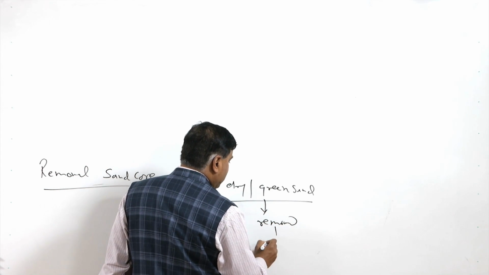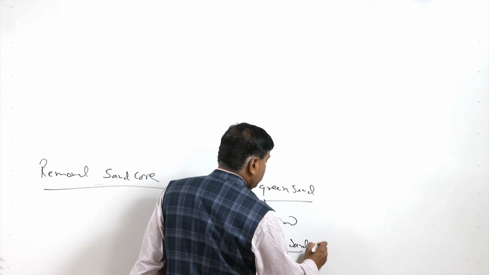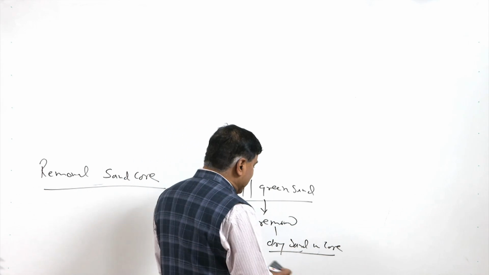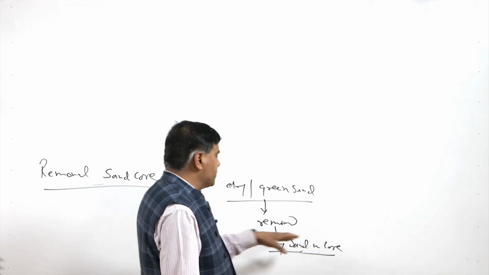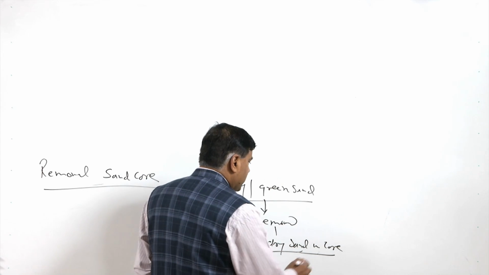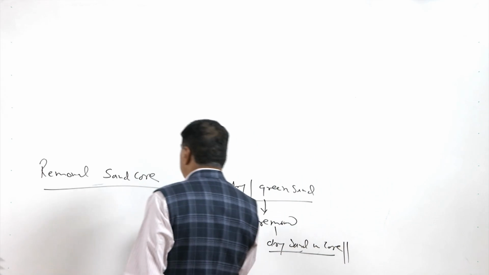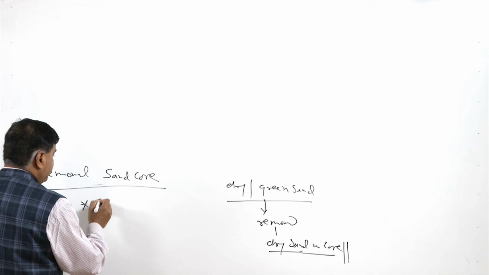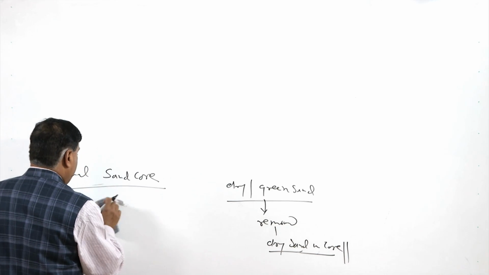So basically we have the dry sand in the core. Part of the clay in the core will be burned when it comes in contact with the molten metal at a high temperature. So basically the removal of the sand core is achieved by knocking off, by hammering